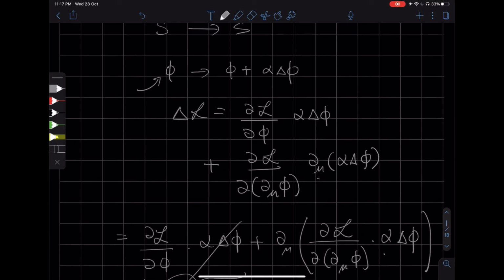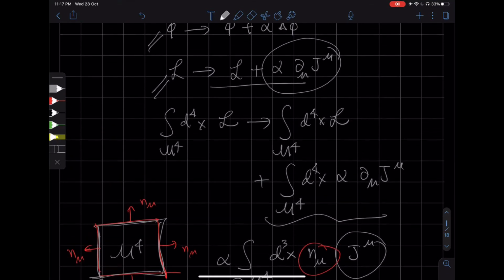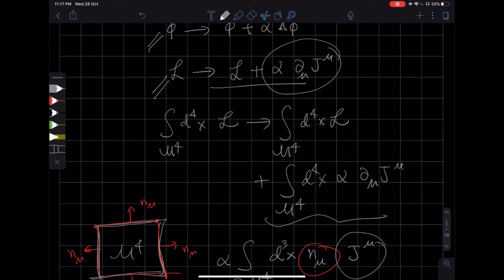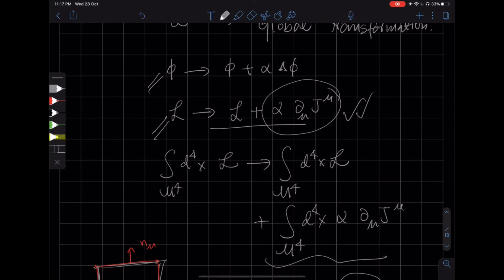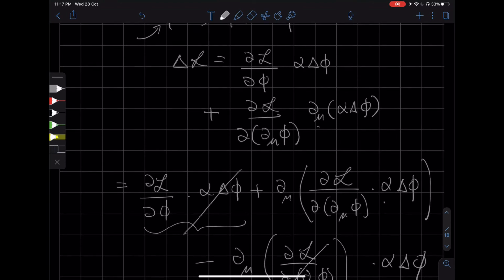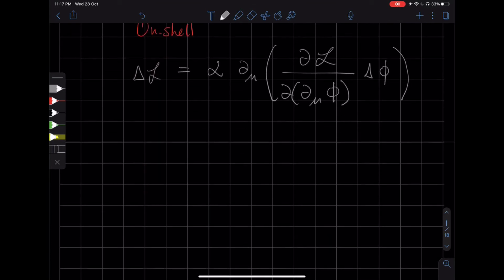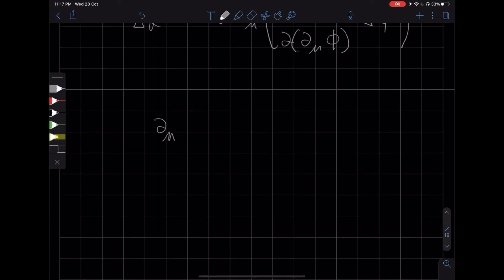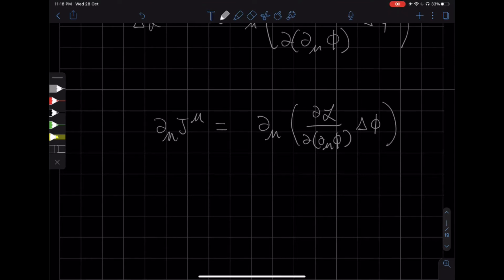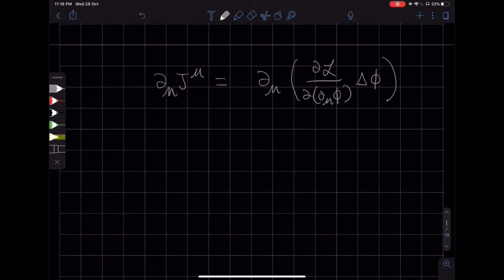But we saw that this is the divergence. So that means that what we can write is that the divergence of J is equal to ∂_μ (∂L/∂(∂_μ φ)) times δφ. So that means that if I now